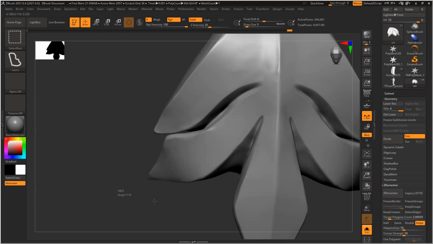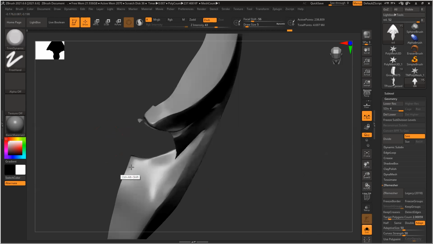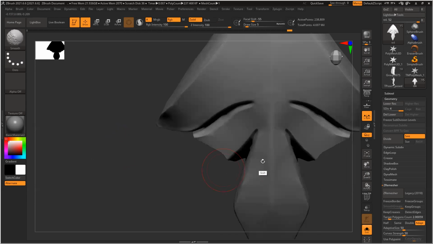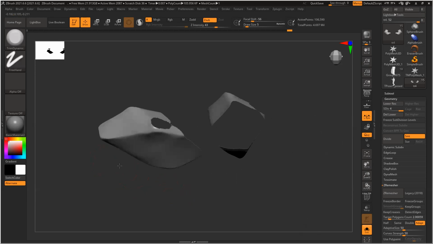So it will basically hide that section. Control Shift, drag outside, it will invert, but you can see there is a small hole here.